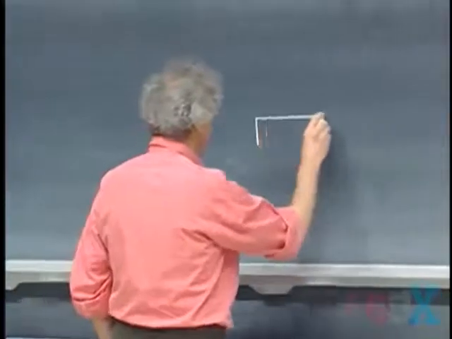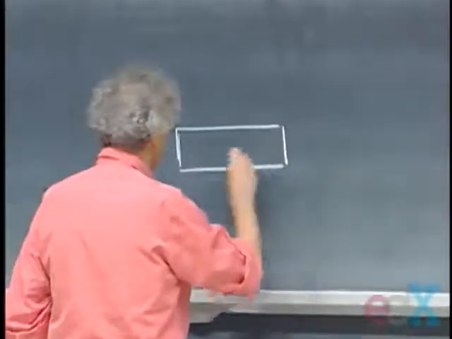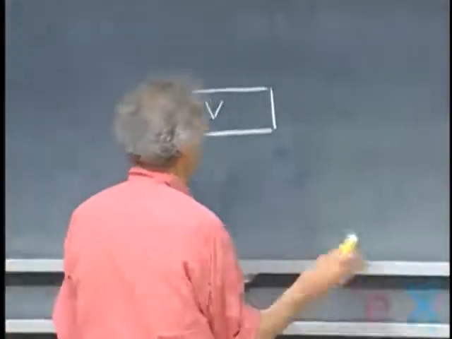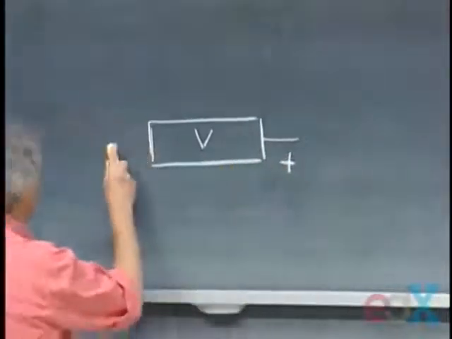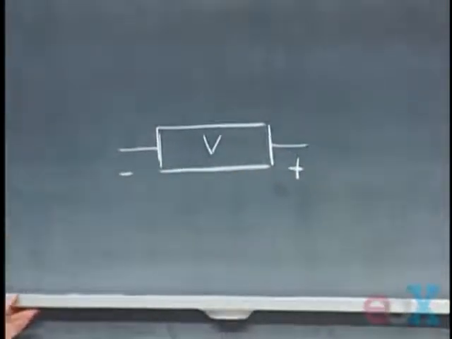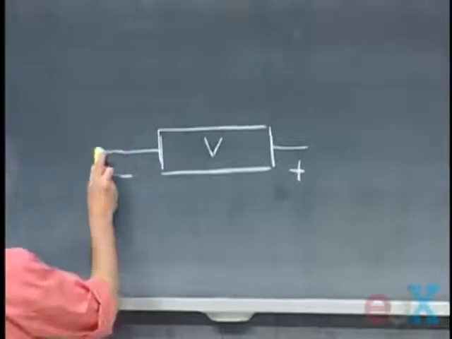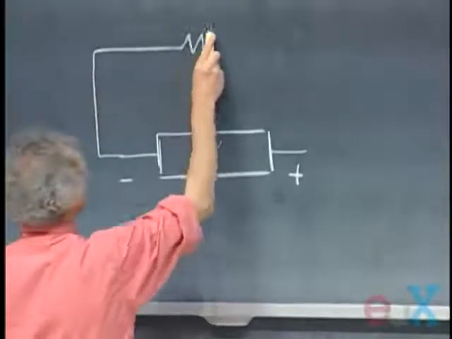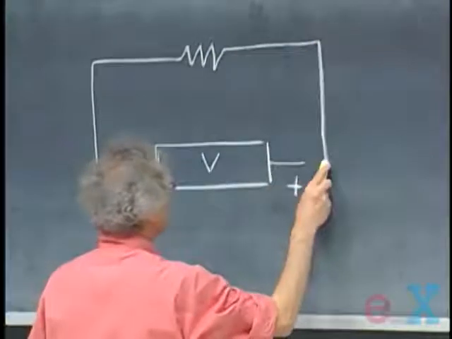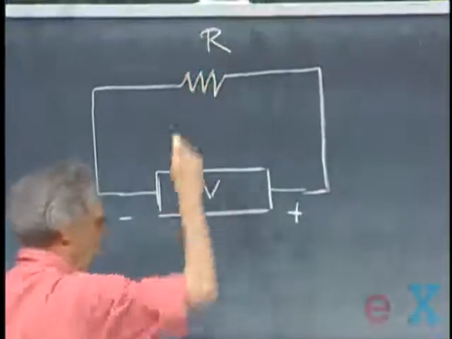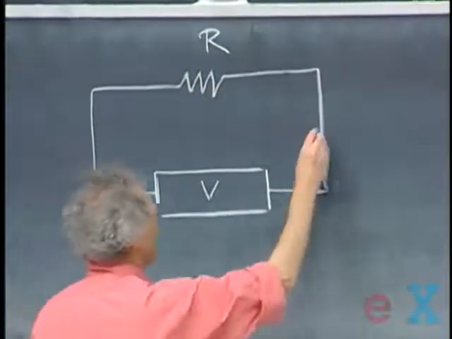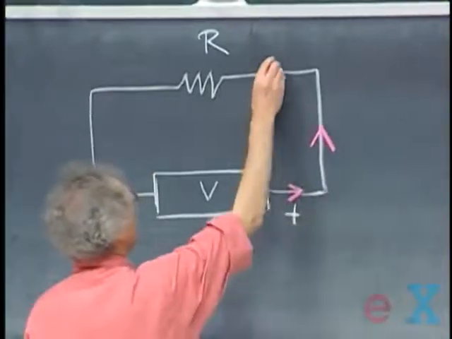We have often talked about power supplies, which are devices which maintain a constant potential difference. Here we have such a power supply, potential difference V, this be the plus side, and this be the minus side. I'm going to connect this. I have a resistor here, R, and as a result of this, the current will start to flow in this direction,